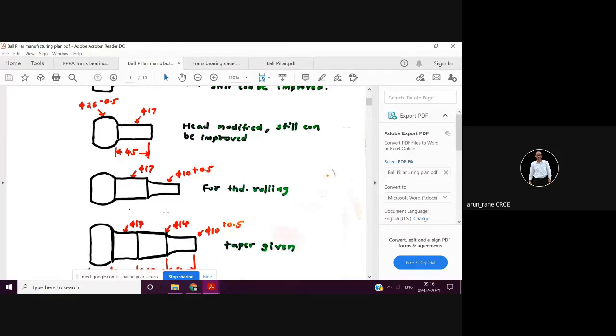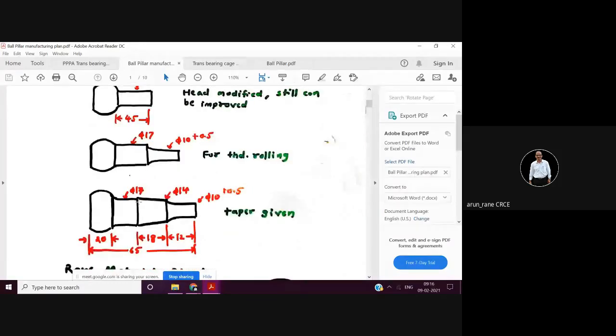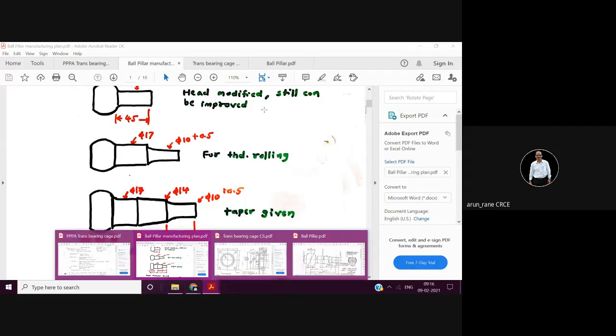Now here what improvement is done, that we have given the taper in the die. What improvement is done in the raw material is written here. So this particular diameter, the improvement is done which is suitable for the thread rolling. Yes, sir. Like that it is. So on the right hand side in green I have written what improvement has been done.